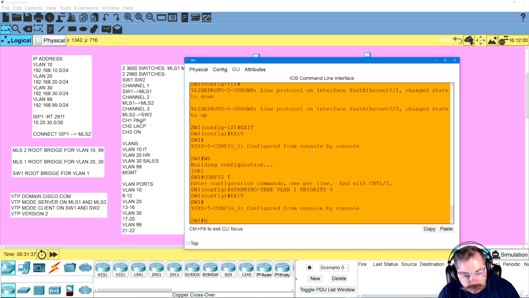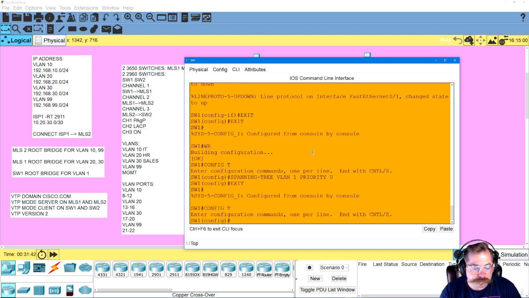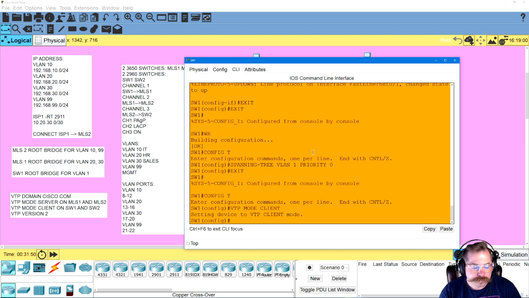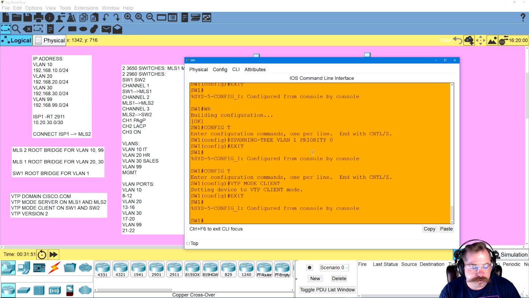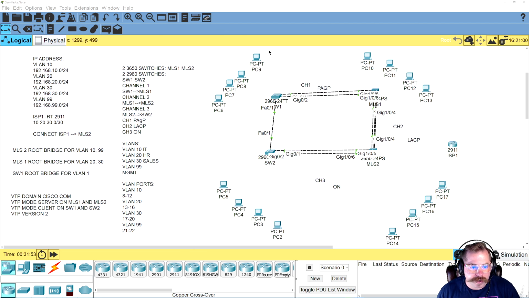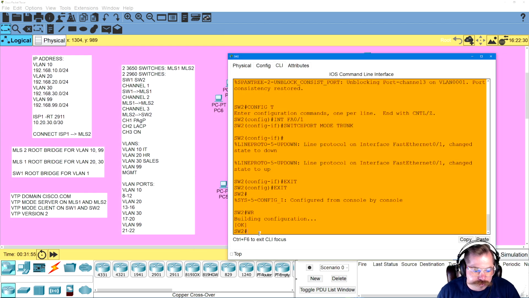Oh, excuse me. We're going to also set switch 1 and 2 to client mode, right? Config T. Switch VTP mode client. Okay. Exit. So we'll go back down to switch 2, and all we got to do in switch 2 is